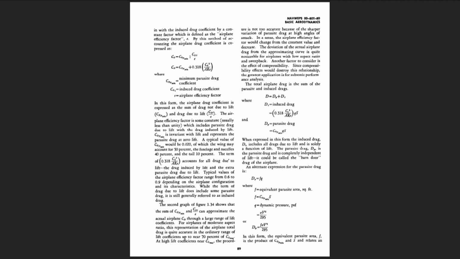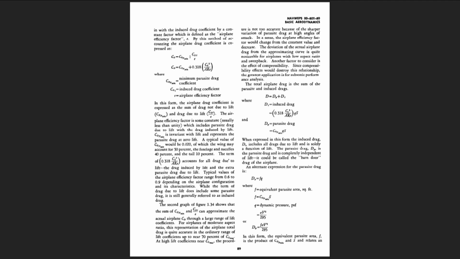The airplane efficiency factor is some constant, usually less than unity, which includes parasite drag due to lift with the drag induced by lift. CDp min is invariant with lift and represents the parasite drag at zero lift. A typical value of CDp min would be 0.020, of which the wing may account for 50%, the fuselage and nacelles 40%, and the tail 10%. The term 0.318 CL² / (AR e)